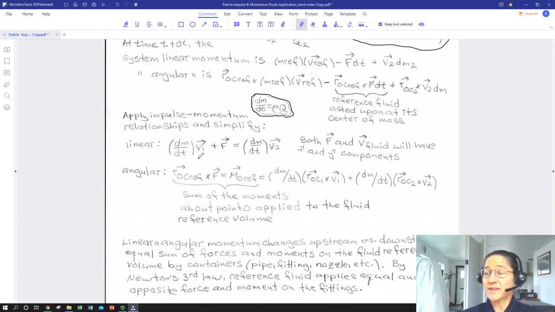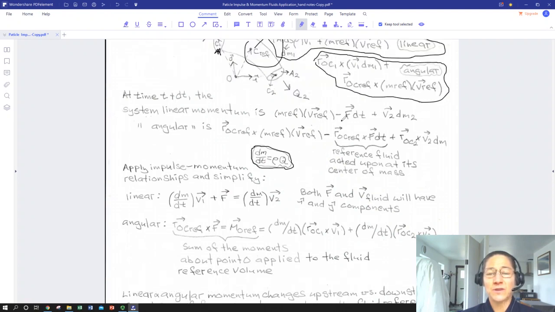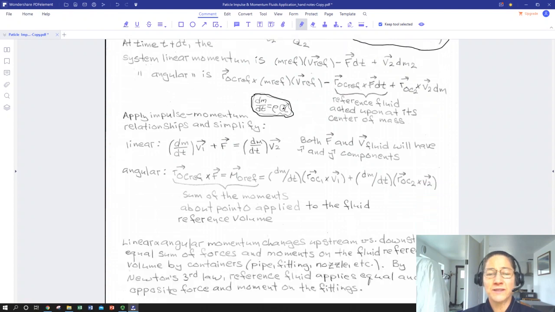So we just do the same thing with angular momentum. We tally up the after angular momentum versus the initial angular momentum. R0 to C, the center of mass of the reference volume, crossed into our linear momentum for the reference volume. Those cancel out, and we're just left with an expression for the sum of the moments applied to the reference